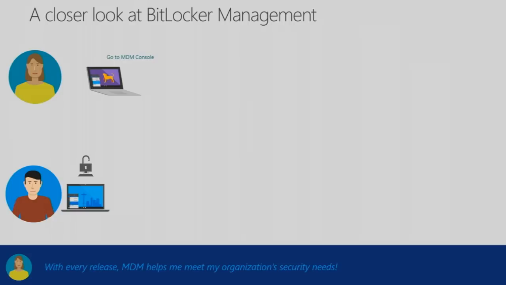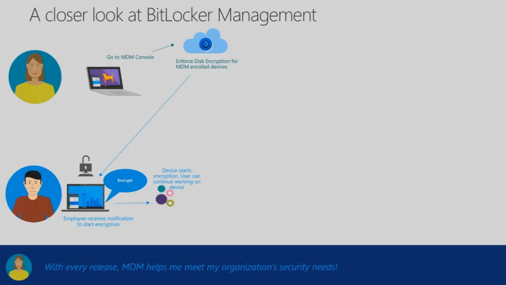So Anna basically goes to her MDM console, which is in a secure cloud, and she decides that to meet my organization's security need, I want to make sure that every device that my employees use is encrypted. So she basically sets up the same setting that I just showed, that enforced drive encryption. As soon as she does that, a notification goes to the device that Wally has saying, hey, dude, you gotta encrypt your device. And Wally says,